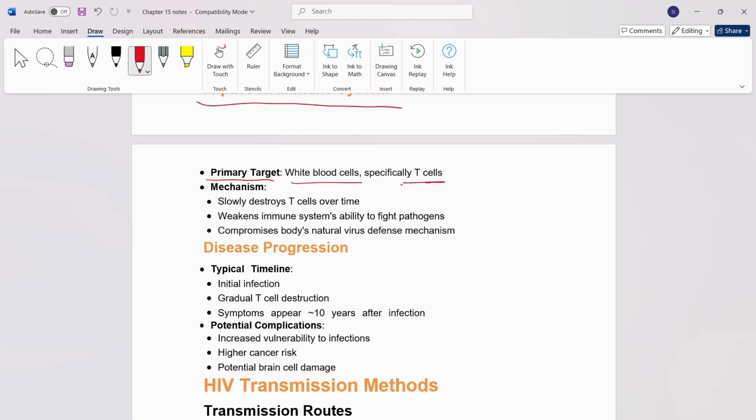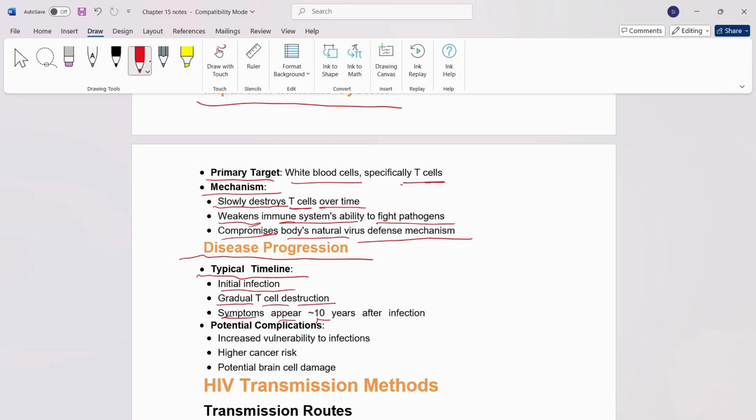Alright, what is the mechanism of this? Slowly it destroys T cells over time. It weakens the immune system's ability to fight pathogens, compromising the body's natural virus defense mechanism. Next, let's talk about disease progression, how it may occur, what the timeline is, and what the complications are. Typical timeline: initial infection, gradual T cell destruction,